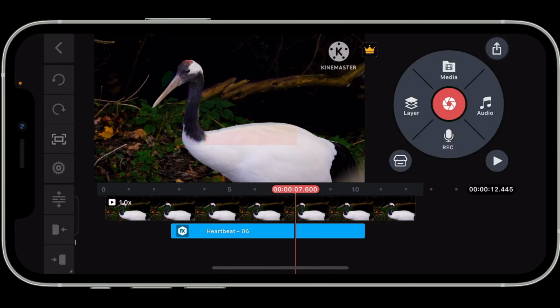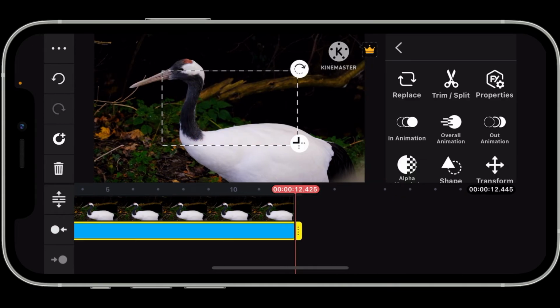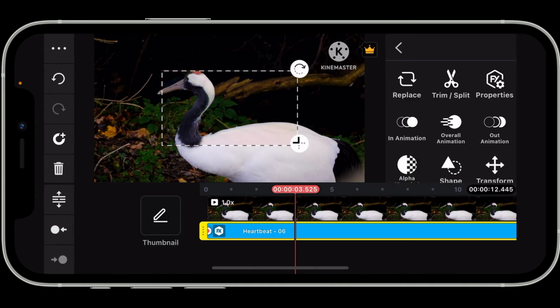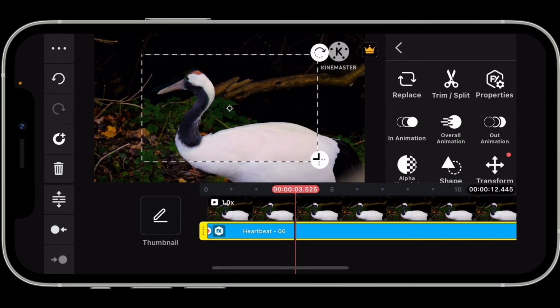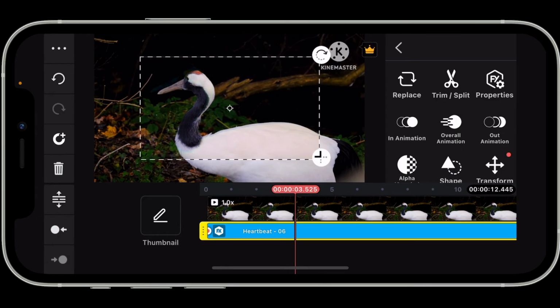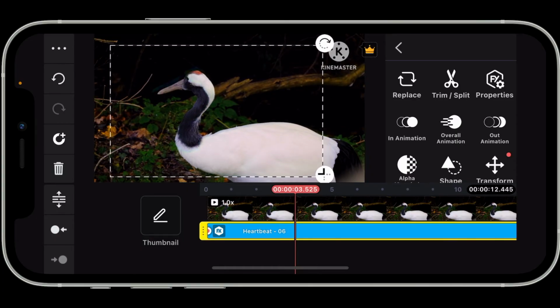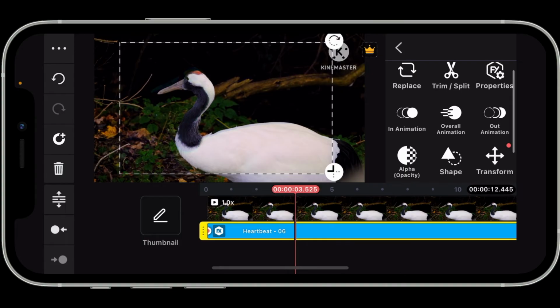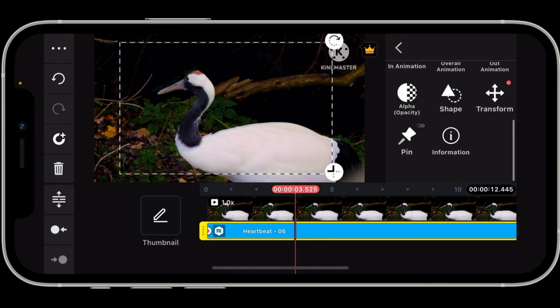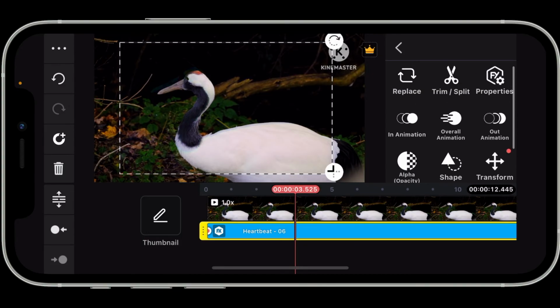Go ahead and drag the edges of your FX and make sure it aligns with your video clip. You can also resize the VFX layer as needed by tapping on the layer and then dragging its edges on your preview screen. After you are done, you can also further edit your VFX by choosing the tools available on